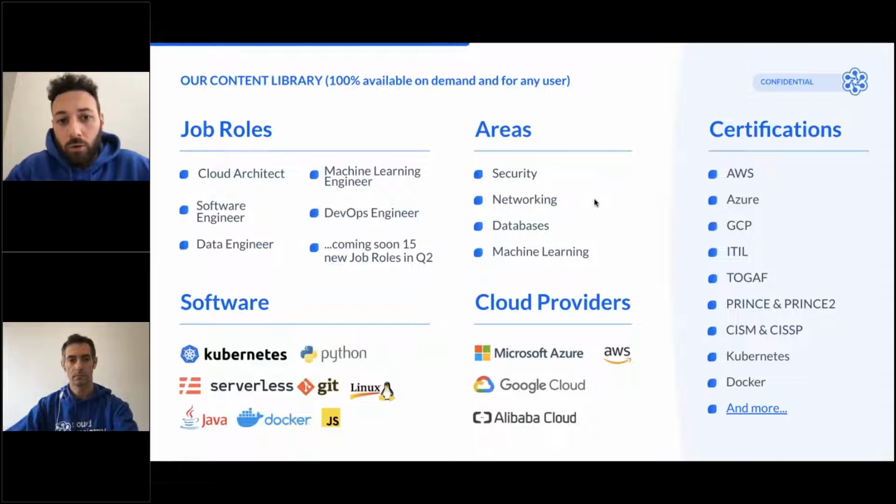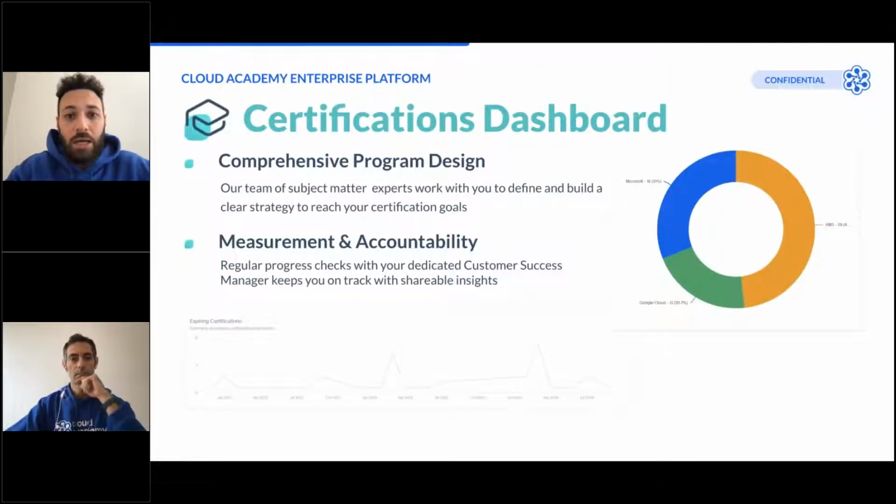As I told you before, we also want to show you during the live demo the certification dashboard. The certification dashboard is the new section of the intelligence dashboard that can give you visibility about what kind of certifications you have at the moment in your organization, the main numbers, and for sure, most importantly, the expiration dates.